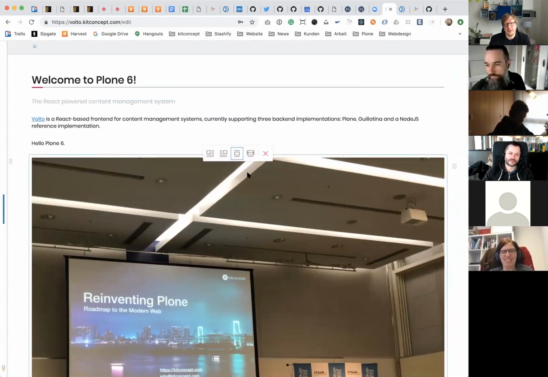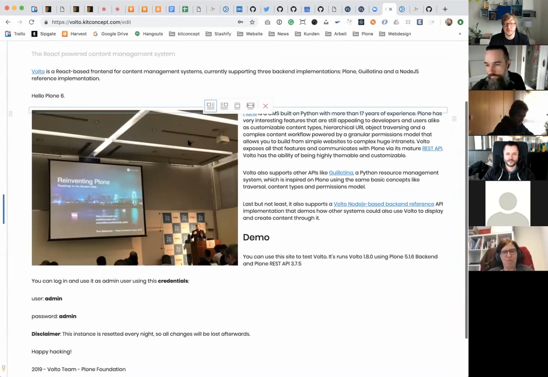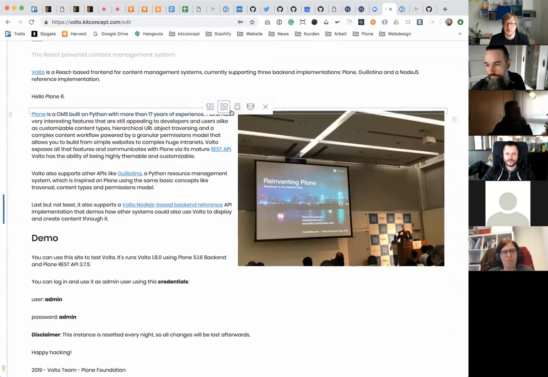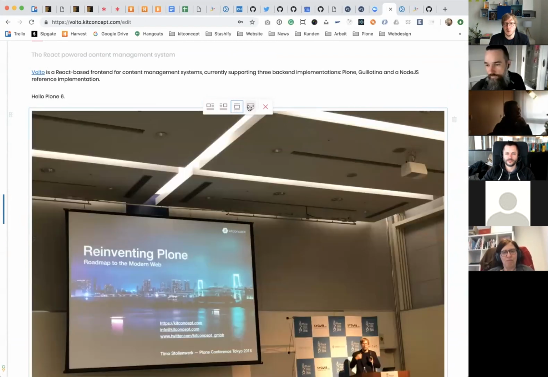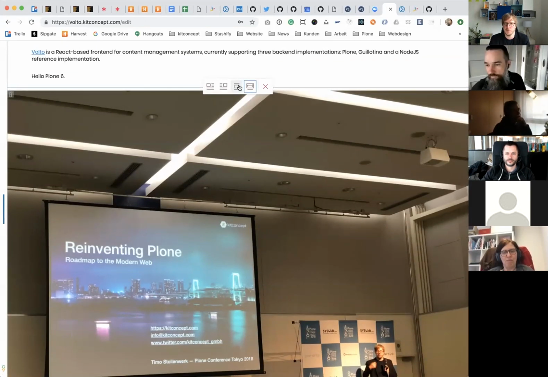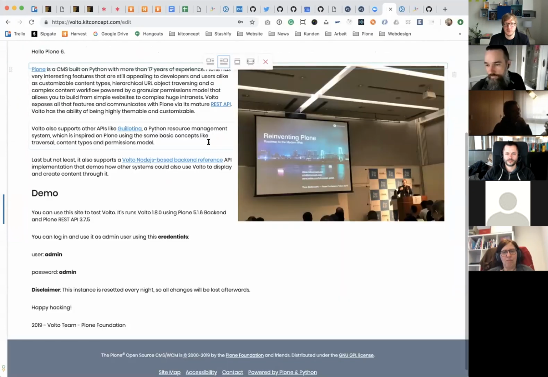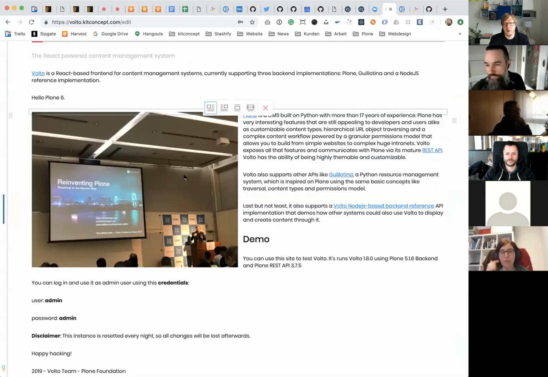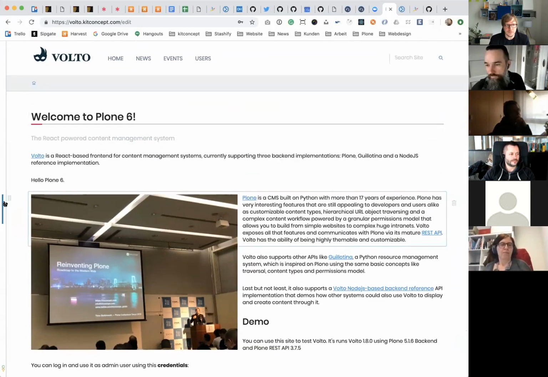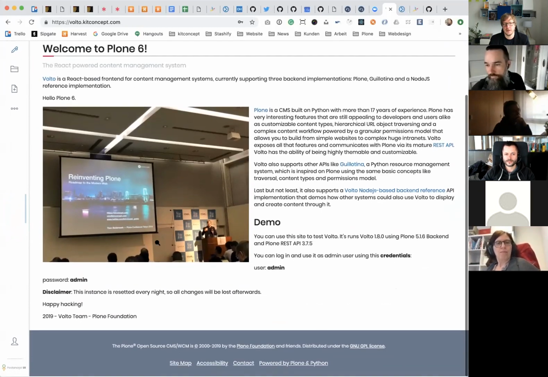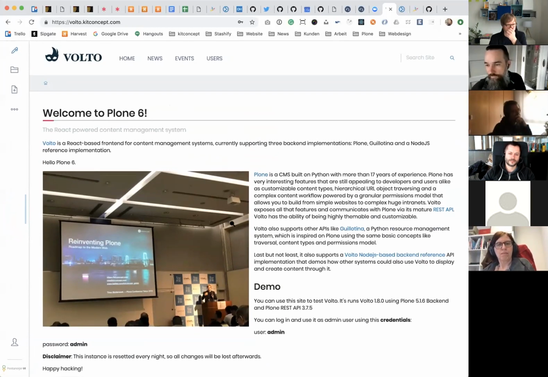So when you upload the image, you see immediately what next action you can do as a user, right? You're not distracted in any way. You see directly that you have the image upload, and then you can choose how you want to display the image, right? So you can, for instance, display it inline on the left side or on the right side, or full width, or even the full width of the page. So you can easily switch between the options, and then you will see automatically what happens here. And if you hit the save button, then you see the exact same thing. So you really have what you see is what you get.